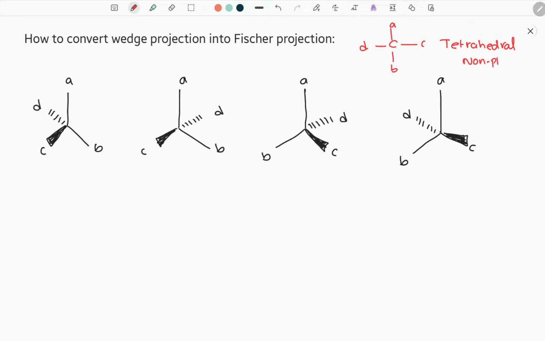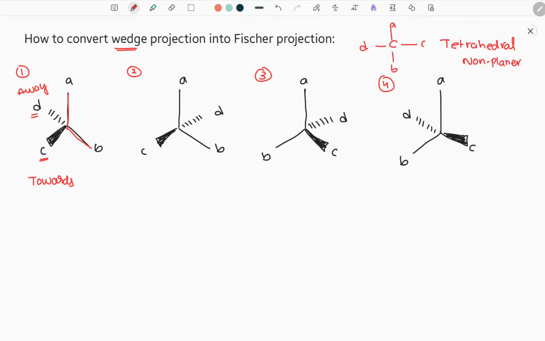So when it is non-planar, we have to represent the atoms surrounding carbon by using a dotted line and a thick line, called wedge projection. Here you can see four examples in front of you. These all are the wedge projection method. In the wedge projection, we use a normal line, that is A, B, in the normal line, and C on a thick line, that is towards the observer, and a dotted line, which is away from the observer.